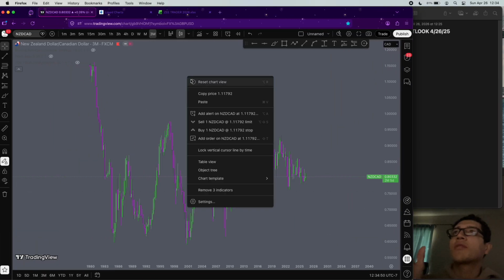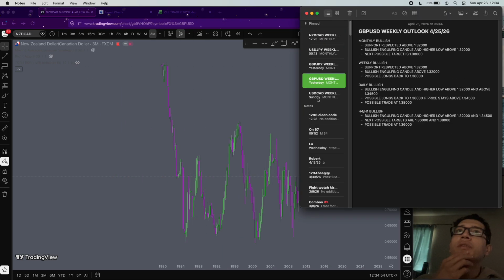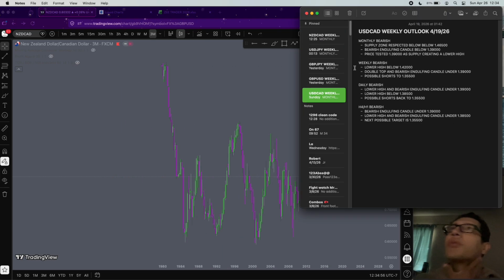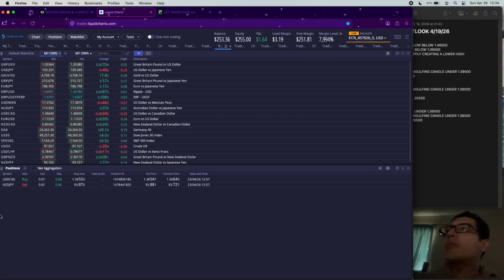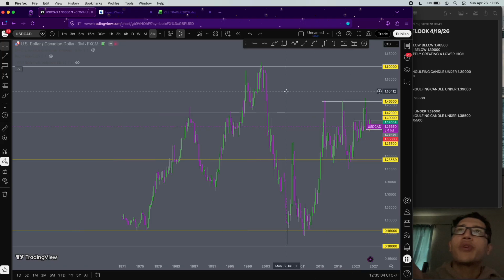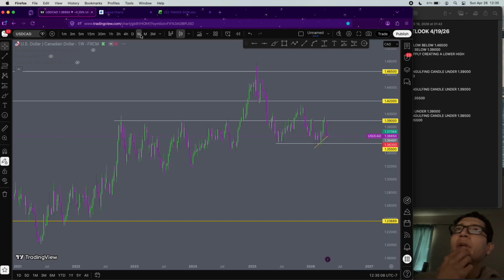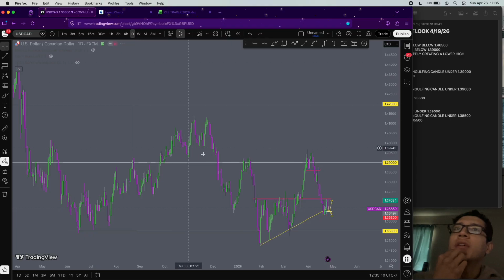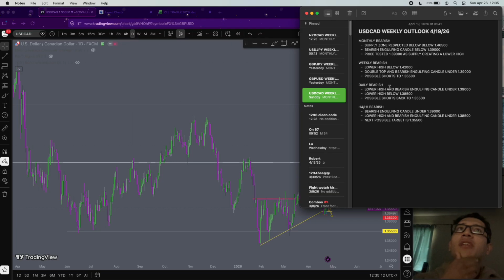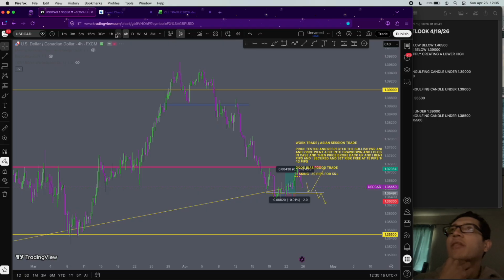So we always start off from the monthly. I already finished UJ, GJ, GU, and USDCAD. I'm not doing the weekly markup this week because I'm still in a trade right now on USDCAD buys. Let me go over that first. Technically it's still looking bearish: monthly bearish, weekly bearish, daily bearish, and look at my last week's analysis, I'm fully bearish. But I did take a counter trend